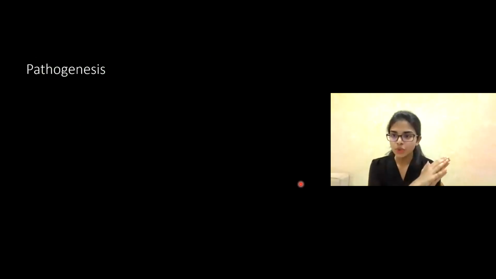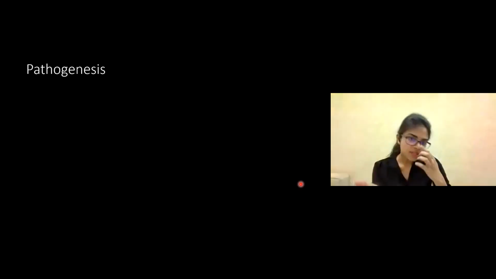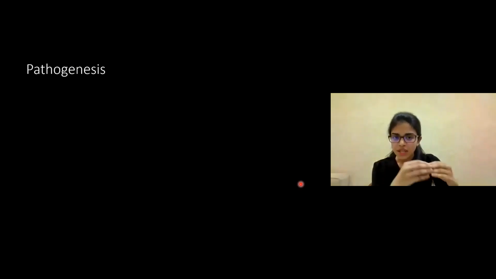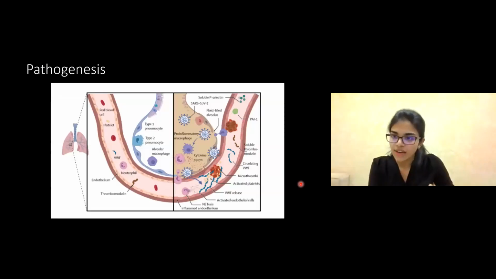Next, before we go into the imaging findings in COVID, we should understand that any finding that you see, be it in CT or X-ray or an MR, is going to be a reflection of the pathology of the disease, be it an infectious disease or a non-infectious disease. When we know what is happening at the tissue level, it becomes easy for us to understand why the image looks like that. Right? So, for example, if you take respiratory infections, some infections are going to affect the larynx, some affect the tracheobronchial tree. But in COVID, the pathology is going to mainly be associated at the level of the alveoli.